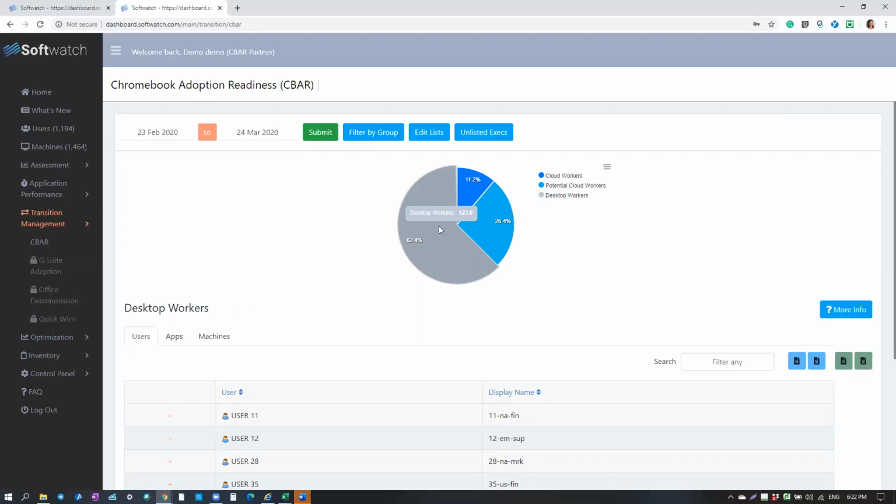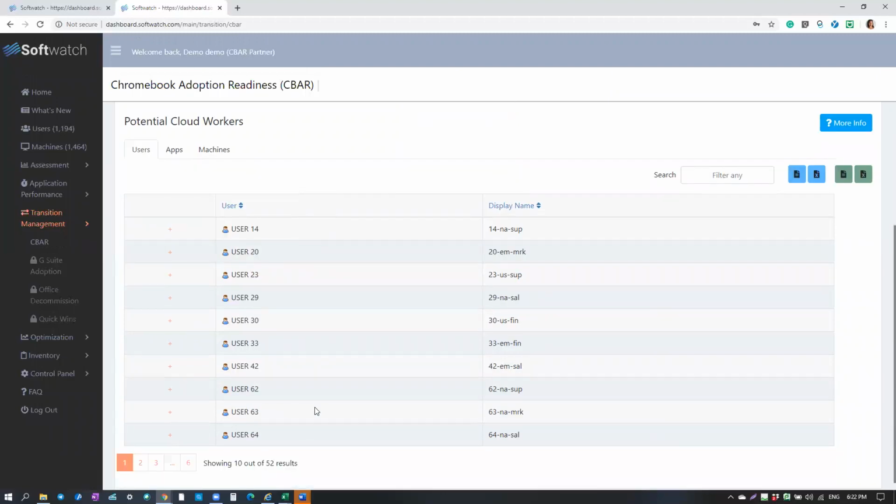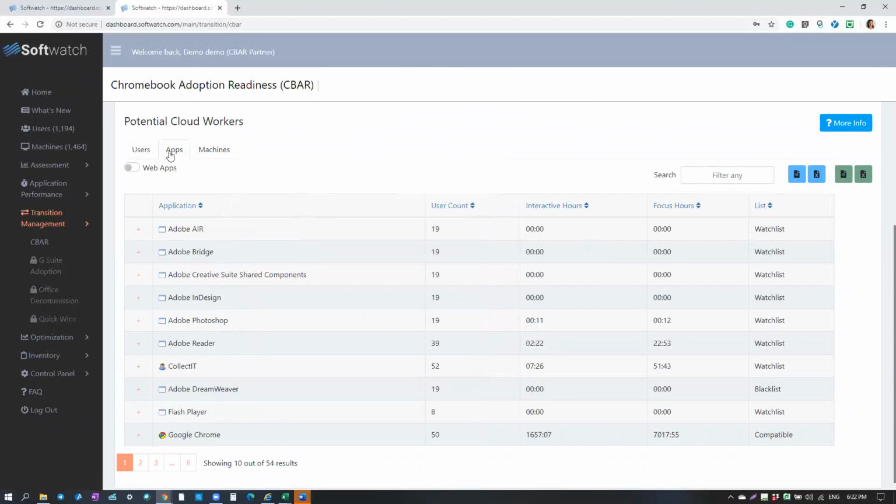The tool can then provide you with multi-layered data upon each of these segments. By simply selecting a segment, you'll be able to view 3 various tabs of information. The first tab outlines the users. It provides you a list of all the users within this segment and their display name. The second tab outlines the applications within this segment, providing you information of all of the applications, the cumulative user count,